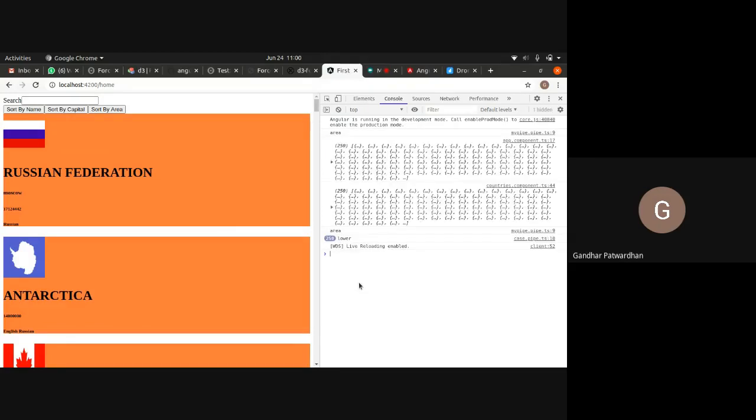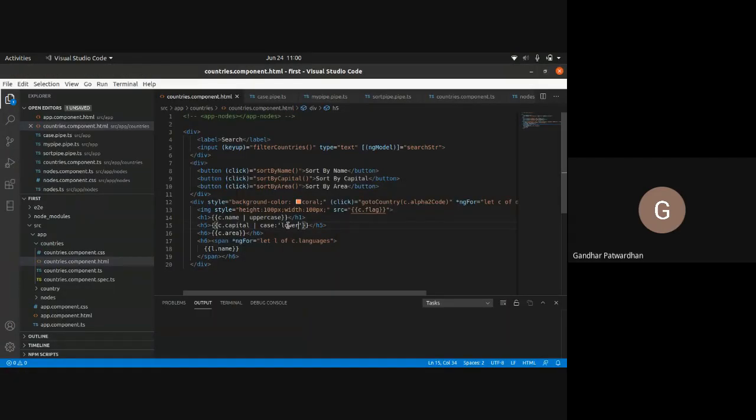So that is how you use a pipe or create custom pipes, and then pass parameters to that pipe. Upper and lower, you can say that they are parameters. How do you pass parameters? You use a colon after your pipe, and then you pass whatever value you wish to pass.